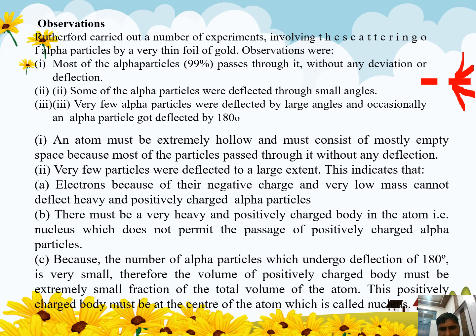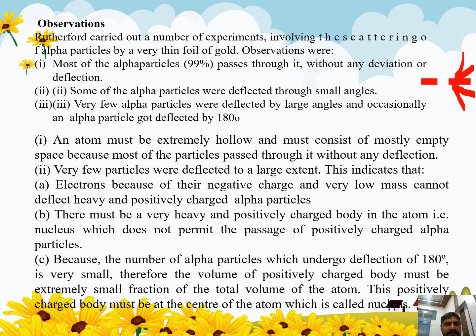It means the alpha particle has the highest mass and cannot be deflected by the electrons present in the atom. And there must be a very heavy and positively charged body in an atom, that is the nucleus, which does not permit the passage of positive alpha particles. It means the positively charged body we call the nucleus doesn't permit the passage of positively charged alpha particles. Why? Because the alpha particle is a positive charge, the nucleus is again a positive charge, and